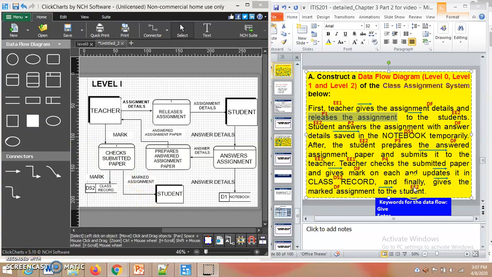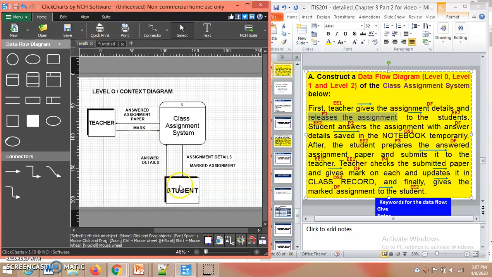Okay, so finally, class, we have completed the scenario. So this is now the level 1, with the final output, marked assignment to the student. So as you can see in the level 0, the student received the